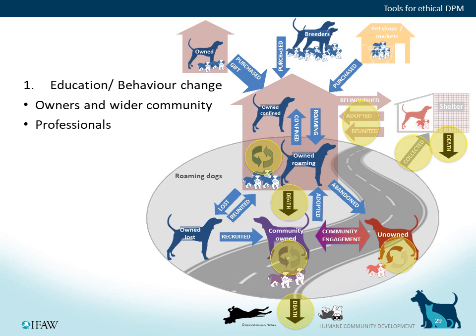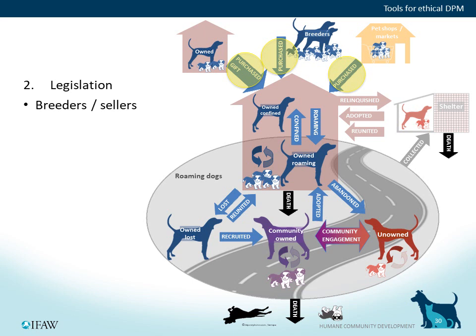And then when we look at the education for professionals, perhaps more appropriately termed training or capacity building, we can see there are other processes we can impact upon. For example, helping improve veterinary services for spay and neuter, but also helping to ensure humane methods of euthanasia are available when needed. There are also several professionals involved in the collection and care of dogs within the shelter facilities, where training can improve care, handling, and therefore the welfare of the dogs involved, and improved shelter management and communication can also increase adoption.